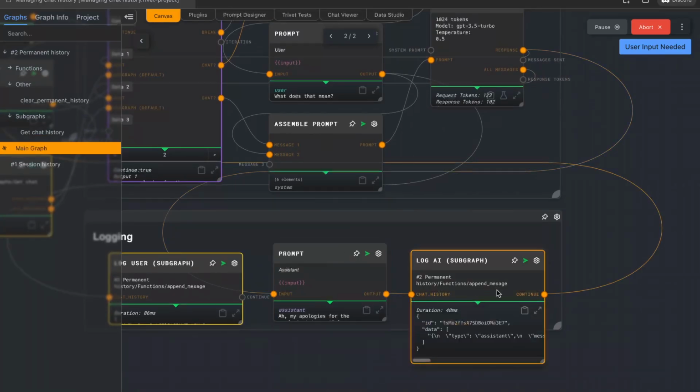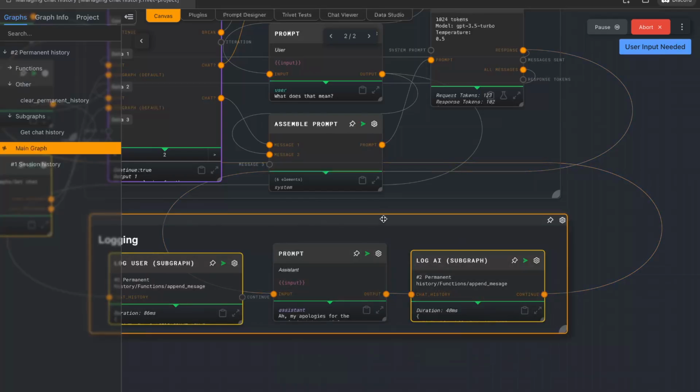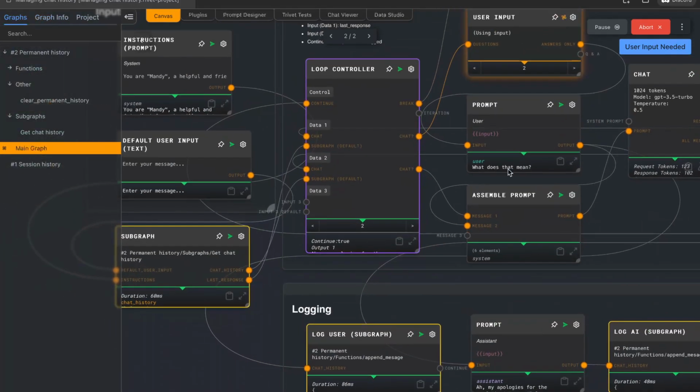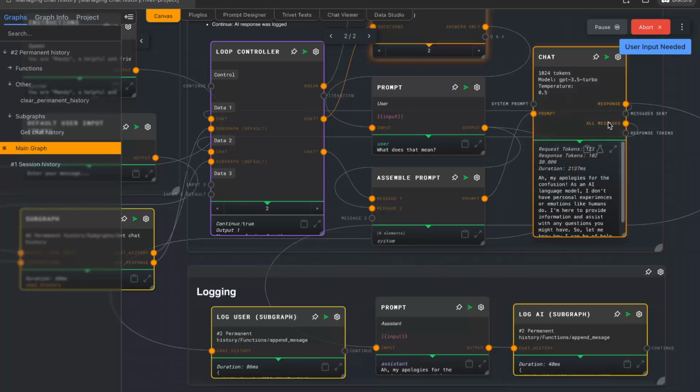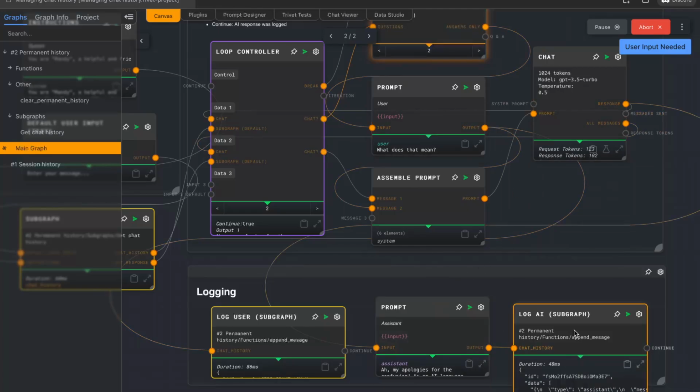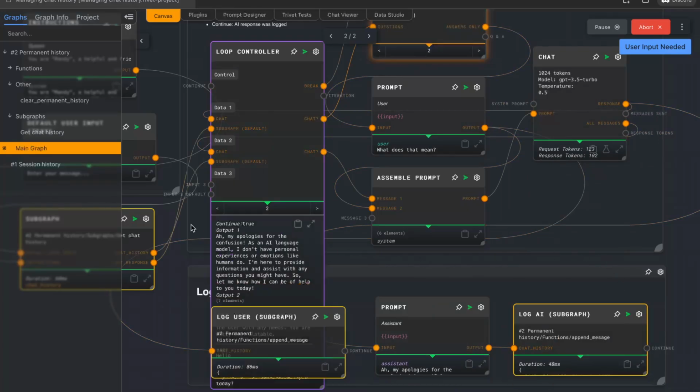And now last but not least, there's this final issue here. I did not connect this at first. So basically it looked like this. And now this was not working. Why was it not working? Because the loop controller already went into the next iteration and somehow canceled this because it did not know that this is kind of a dead end. You see this runs from here, and then it just stops. And the loop controller does not like dead ends. You need to reconnect all your